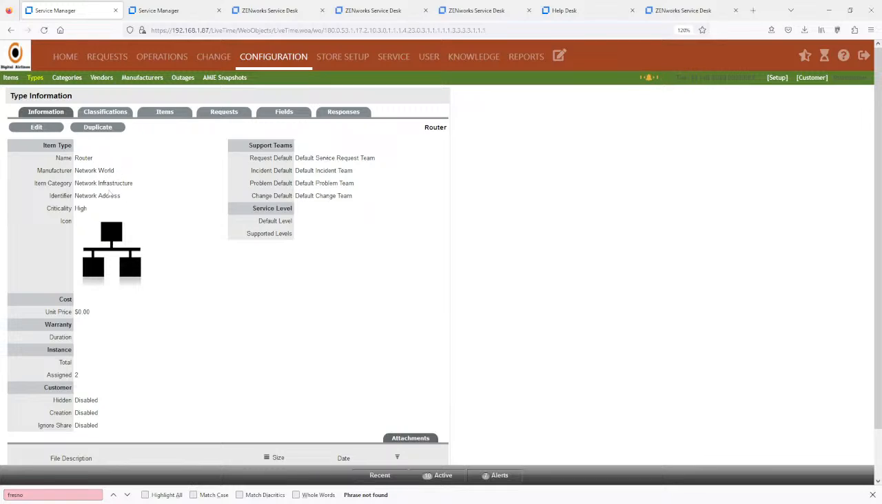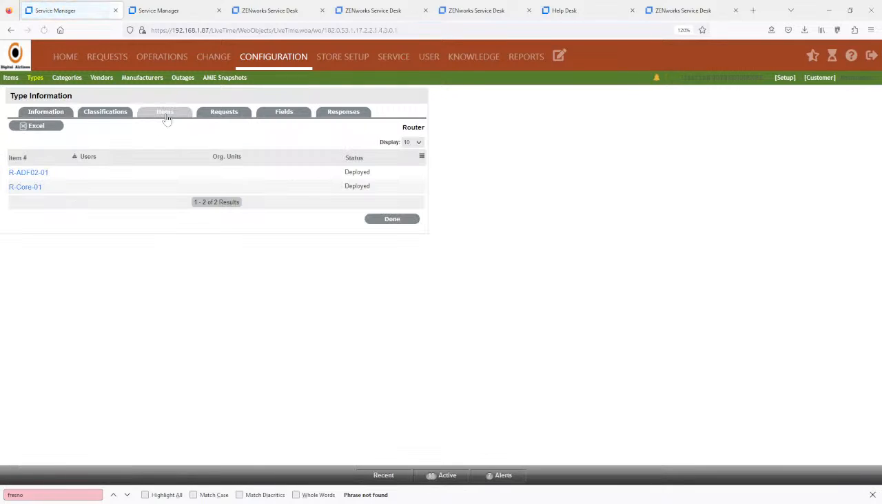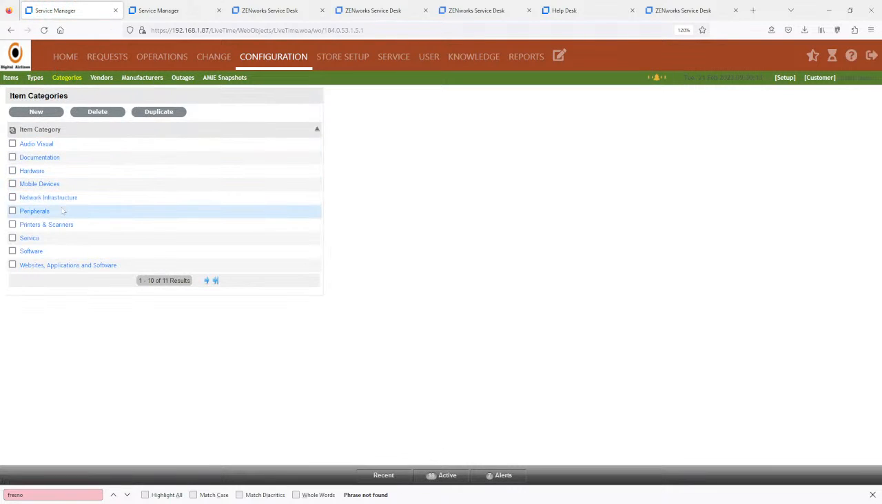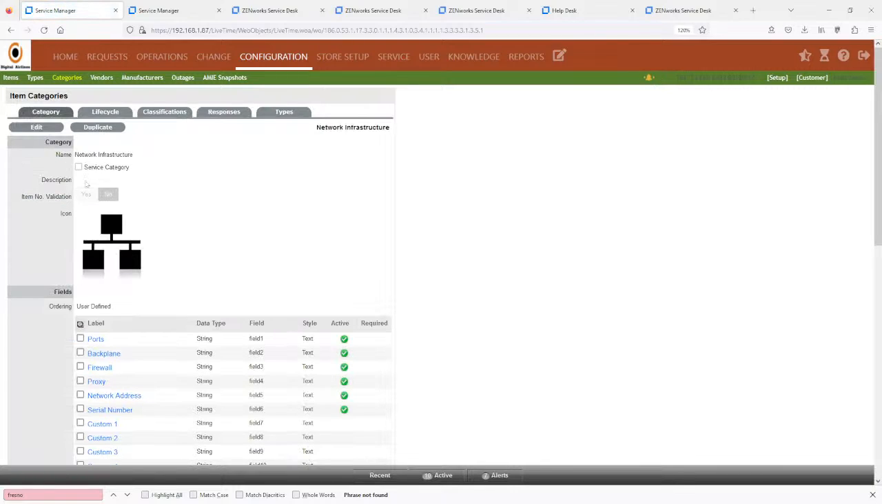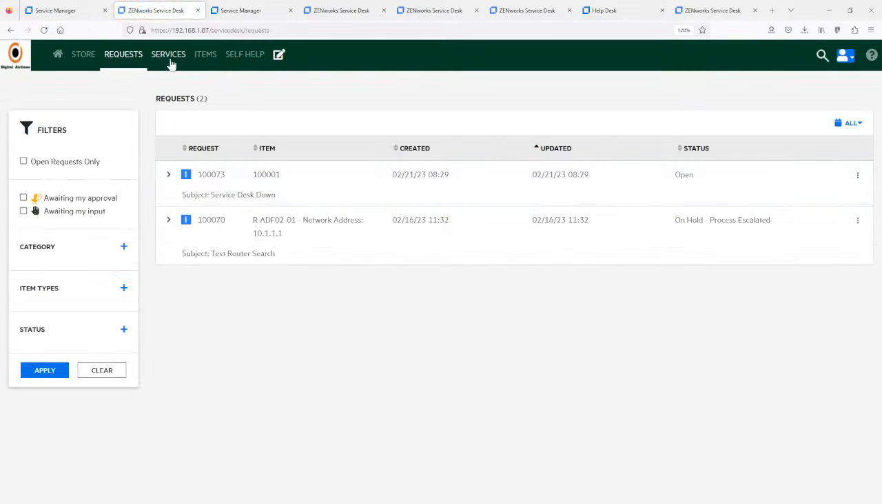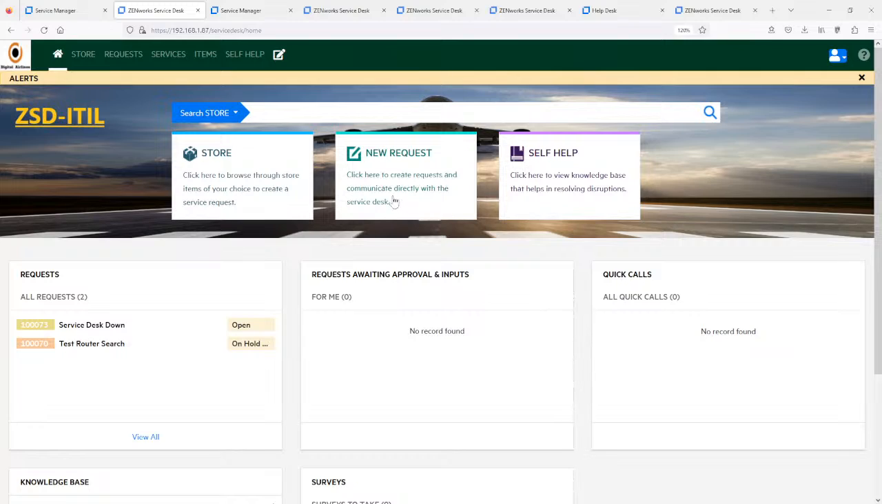Okay, we have router and details about the router, the items in there. We have a core router and an ADF router. If we go to our category, which would be network infrastructure, service category is not checked. If I go to try and place a service request for this call, and this goes back to